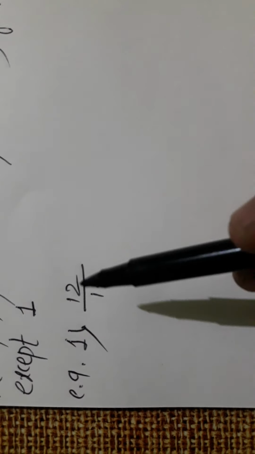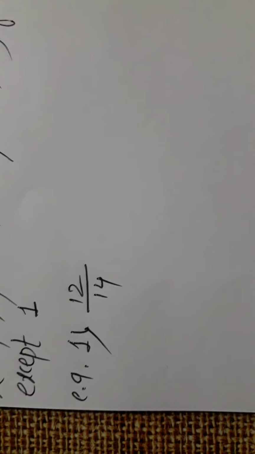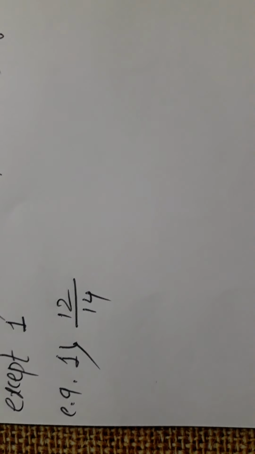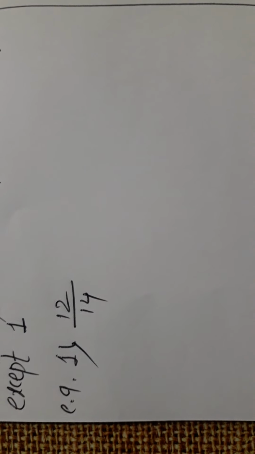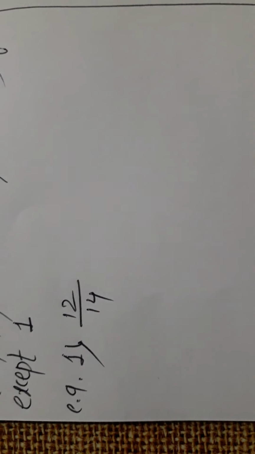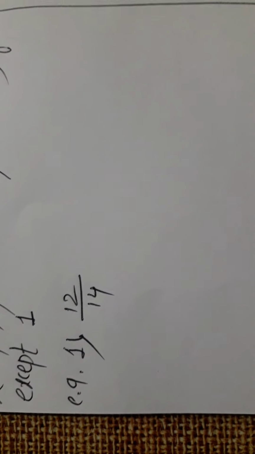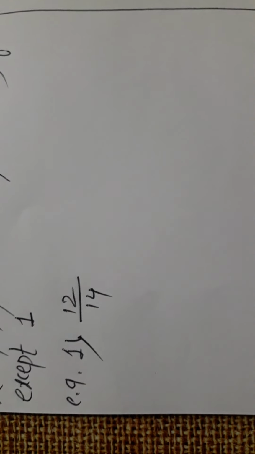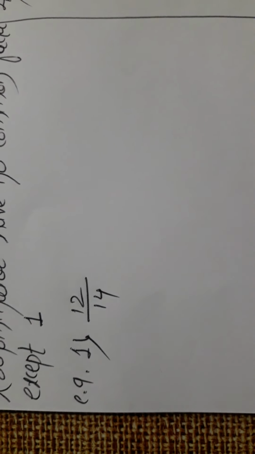For example, look here, I have written one example. The fraction is in front of you, 12 upon 14. Whenever we are finding the simplest form of a given fraction, as I told you before, you must be perfect in the table, that is one thing, and the second is that division is very important. If you are perfect in the table then 100% division will be simple for you, and you can find the simplest form of the given fraction in a proper way.